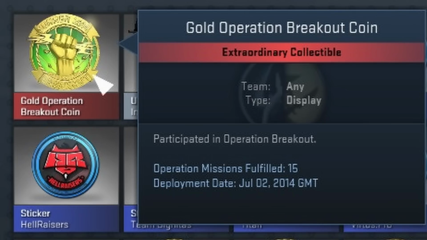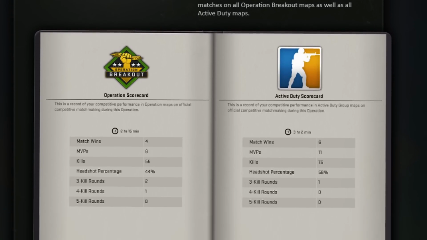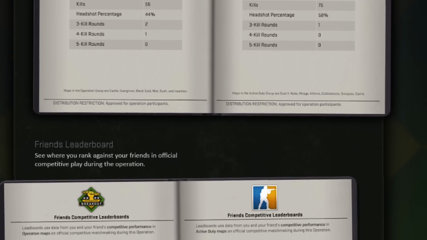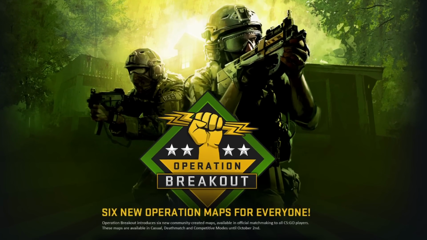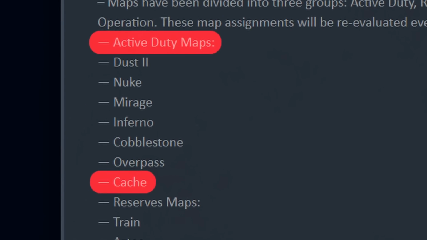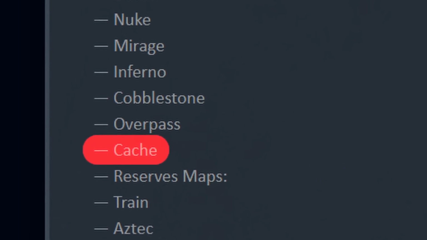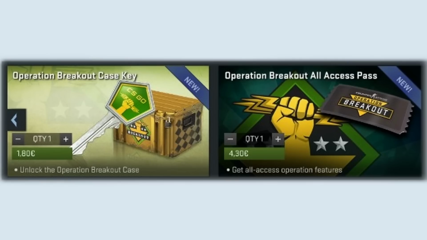The coin now upgrades through completing these missions instead of just wins or playtime. Operation Breakout also introduced the Journal, which was just an improved version of the old scorecard. Also, what usually doesn't get mentioned is that in the update Operation Breakout was released, Valve put Cache in the active duty map pool for the first time in CSGO, which you might say fits into the theme of the